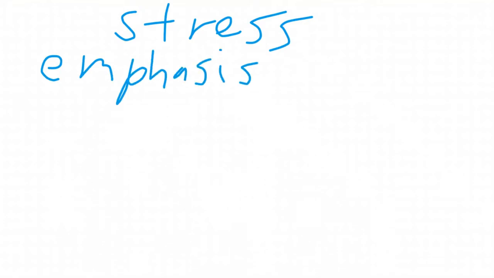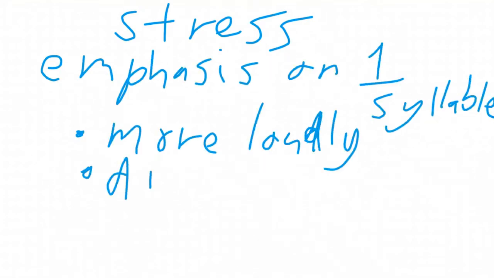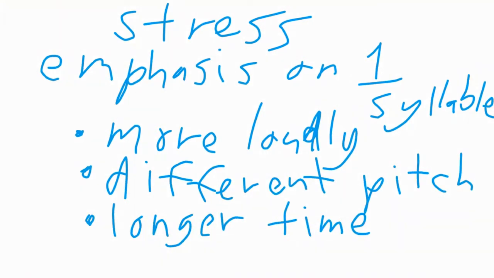Stress is something that almost all words have in English. Stress is when you take a syllable in a word and you say it either more loudly or in a different pitch or for a different amount of time with a different amount of intensity, anything of that nature to make that syllable stand out or pop in your language. You can find examples of this in any word, really. So if we want to say, for example, explore, the stress in explore is on the plore part of explore.